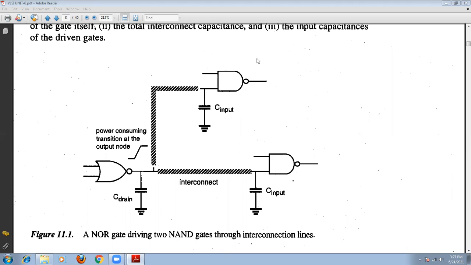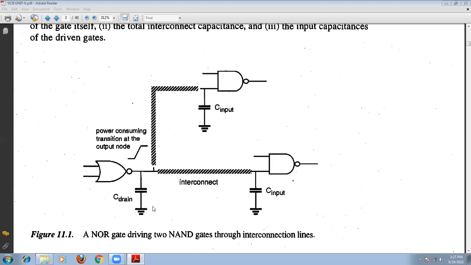Right? Assume that this is a CMOS device, for example. This is the load capacitance. So what happens? Some energy will be drawn from the VDD line to the ground to charge the capacitor, depending upon the switching action. So some amount of power is drawn from the power supply to charge up the output node capacitance.